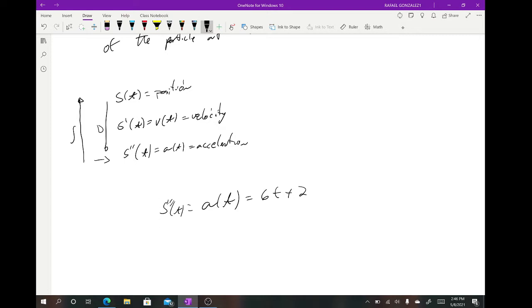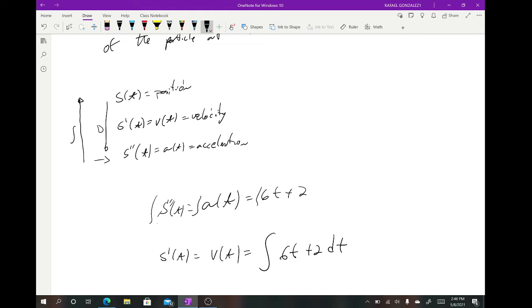So to find out what s prime of t is, we have to take the integral of this. When we take the integral, we're going to get s prime of t, which is really the velocity of t, which means that we have to take the antiderivative of 6t plus 2